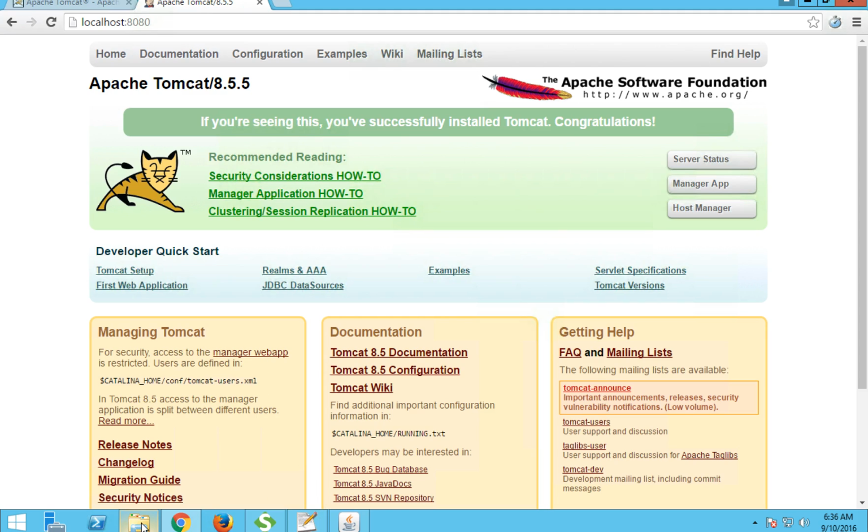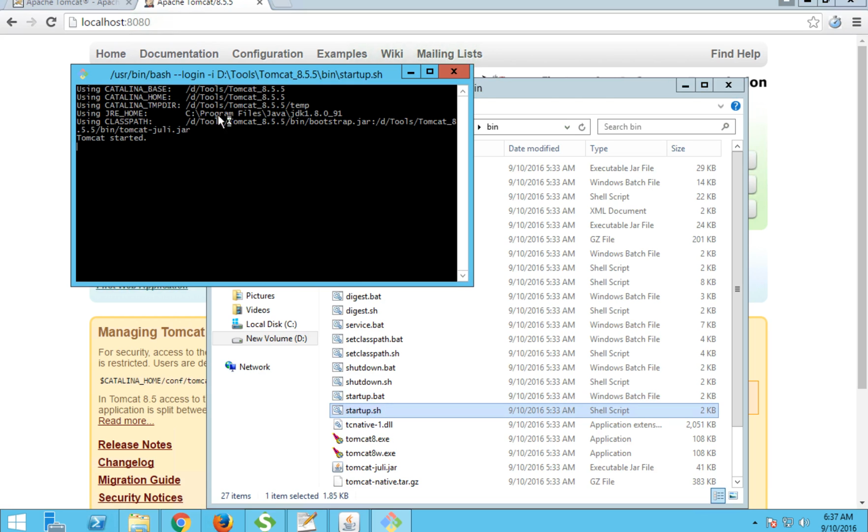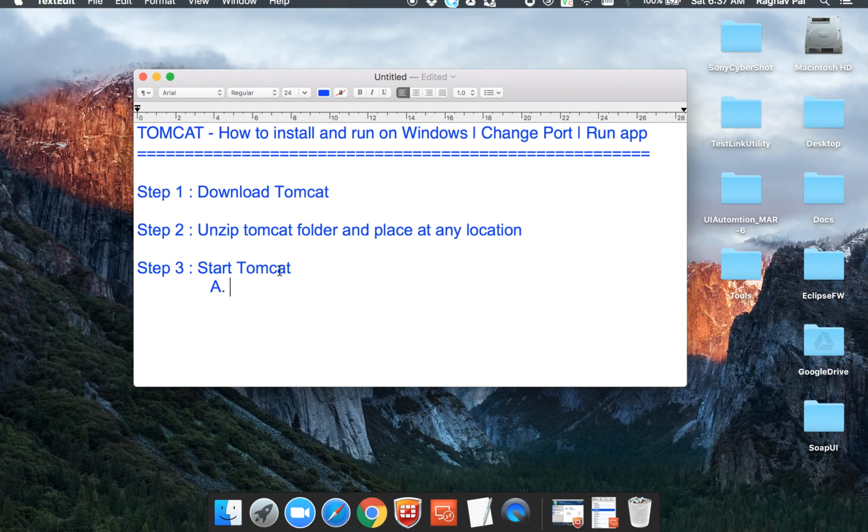Okay, Apache Tomcat, and this will be displayed. Okay, the other way of starting Tomcat is you see the startup.sh. You can also click this file, and again it will start Tomcat, and it will give you a message that Tomcat is started. Okay, so the first method is you can go to Tomcat bin, click on startup.bat or startup.sh.